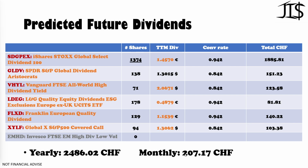And now monthly we also have less than 210 Swiss francs per month in dividends. But it's going to go up again, because we keep adding to our portfolio every month. We also are going to reinvest all the dividends that we receive. So we still have the euros from LDG and FLXD to invest, and we also have the euros from SDGPX